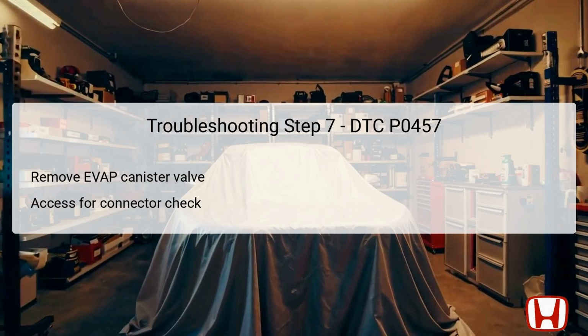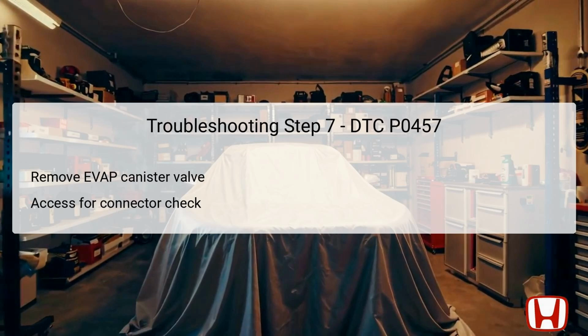The seventh step involves removing the EVAP canister vent shut valve from the EVAP canister itself. This valve is integral to facilitating the proper regulation of fuel vapors, directing them as necessary as the vehicle operates. To safely disconnect the valve, technicians need to ensure they have proper tools on hand to avoid damaging any components during removal. Once the valve is detached, it can be further examined for signs of malfunction, ensuring it has not developed leaks or faults that could lead to erroneous DTCs. Removing this component